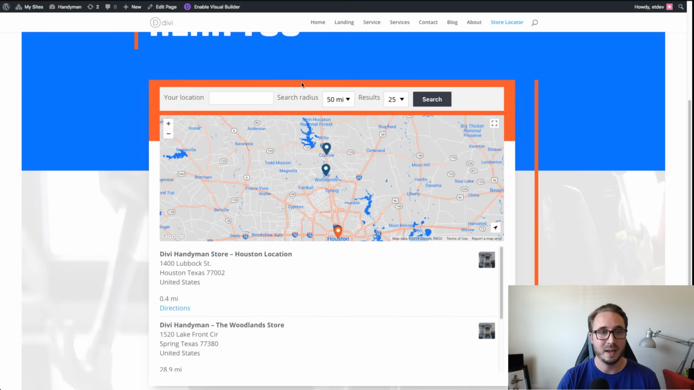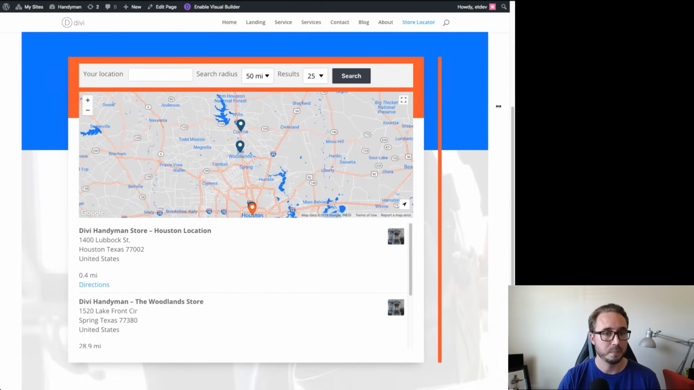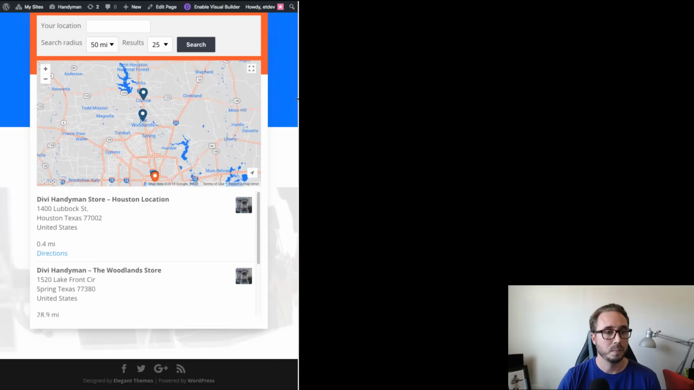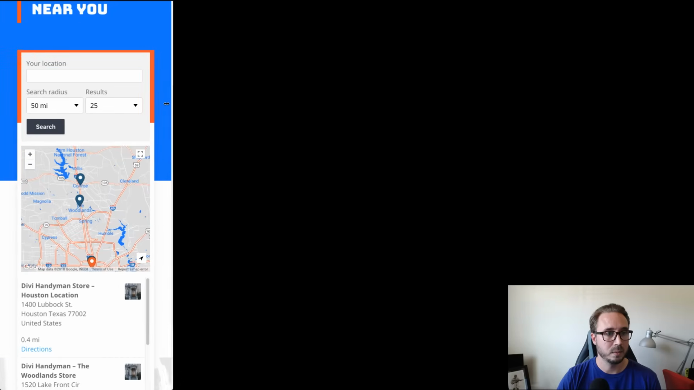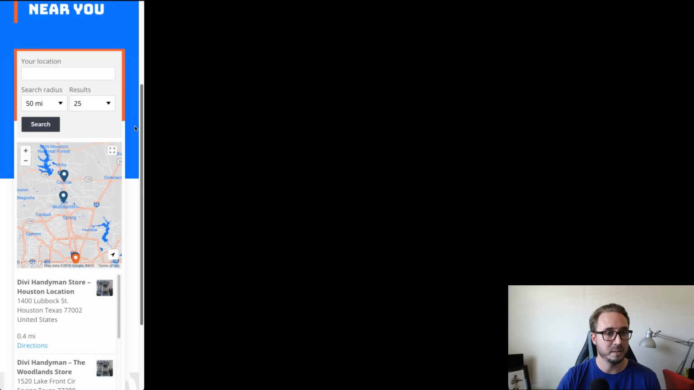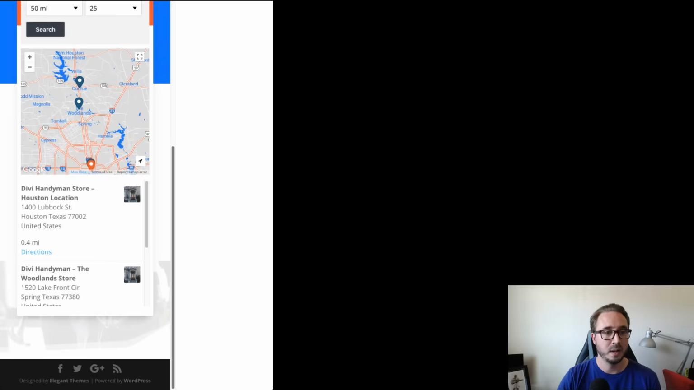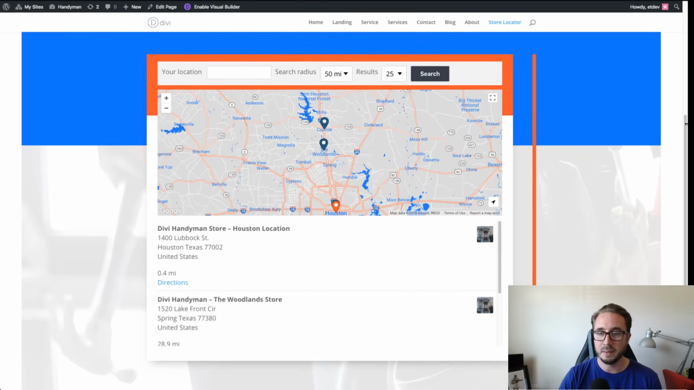So I'm going to go to the page, and I'm going to shrink my window here just to show you what that looks like. It actually looks quite nice when it stacks on phone and tablet. You might have to play around with the settings to get it right, but for the most part,